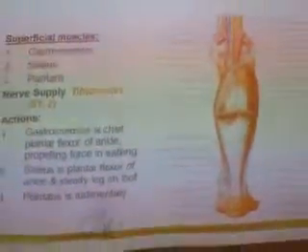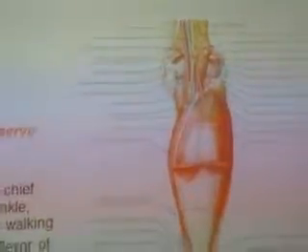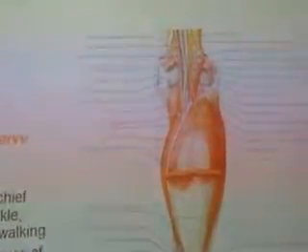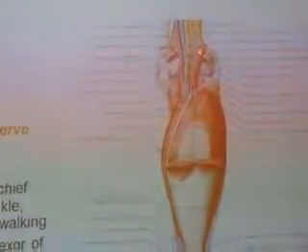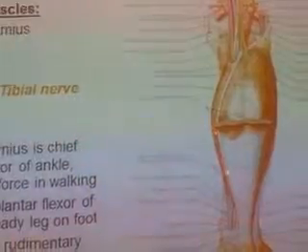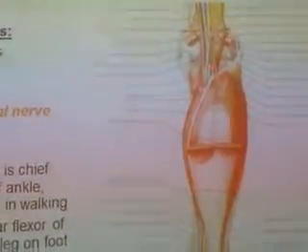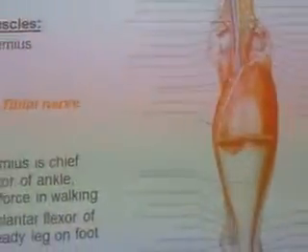Then we have a small muscle called the plantaris. You can see here there is a small muscle called plantaris. This is actually a degenerated muscle with a small belly and a long tendon. This is the tendon of the plantaris, and all the way again it comes here. This is the origin of this muscle: small belly and a long tendon. This is the degenerated muscle.